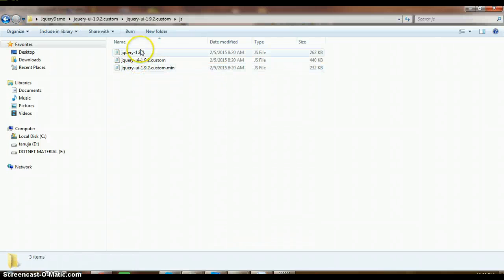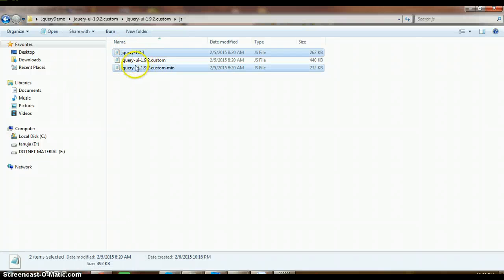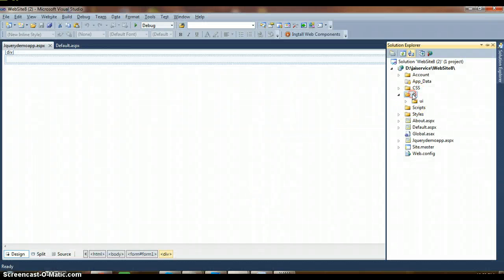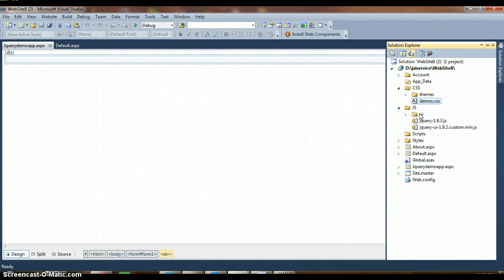Within your JS, here you can find two files, jQuery-1.8.3 and the other one is jQuery-ui-1.9.2.custom.min. Right click, copy, and here within the JS folder you try to paste it. So here you can see what we have done. First we created two folders, one folder with the name CSS, the other folder with the name JS. Within the CSS we added two files, one is the themes folder, the other one is demos.css, and within the JS we added the UI folder, and here we added